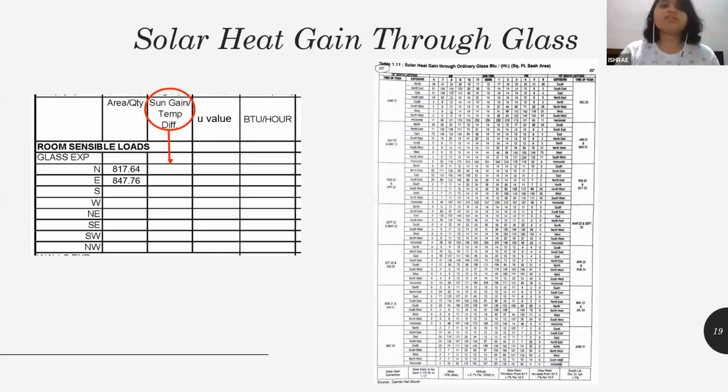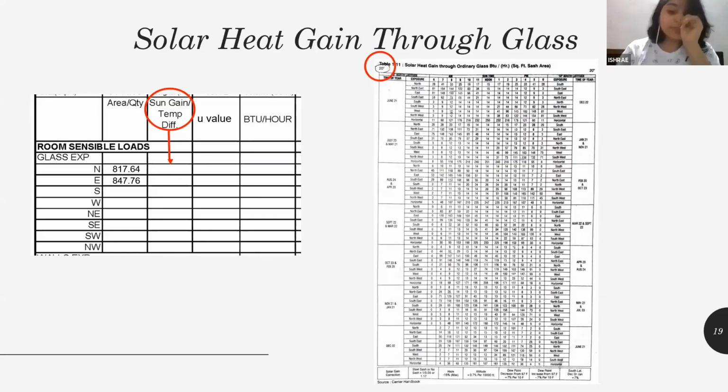Now this chart, the one that is right now in front of you, is only for my Mumbai condition. Please don't use it for your Aurangabad condition, because this chart is for 20-degree latitude. Find out where Aurangabad is, which latitude it lies on. If there is a 10-degree latitude chart, there is a 30-degree latitude chart, whichever latitude Aurangabad lies on, you have to use that chart. Otherwise, your heat load calculation will go for a toss.